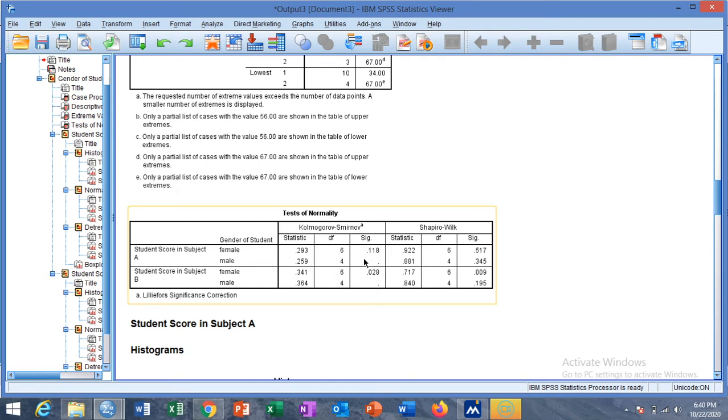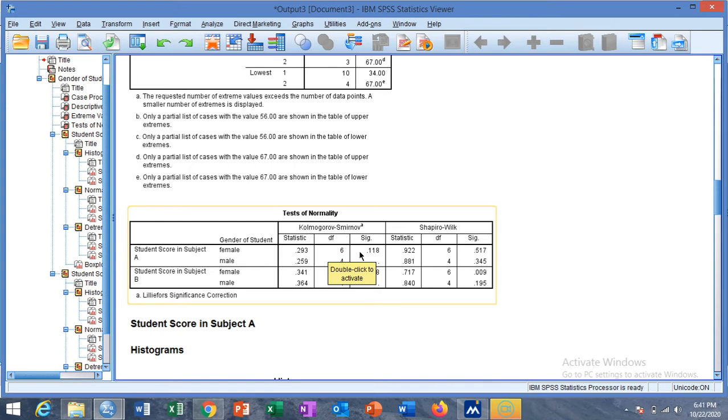Both tests are not significant for student score in subject A and significant for student score in subject B. It means student score in subject A is normal and student score in subject B is not normal, as our null hypothesis in both tests is that the data is normal.